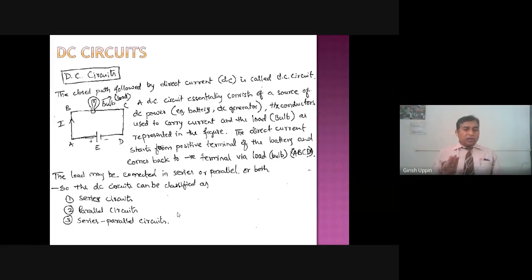So I think generally you understand what is series and what is parallel. Just a question I want to ask, just to understand your understanding of the basic electricity that is available in your household. What kind of a connection do you think you have in your household? Is it series or parallel?